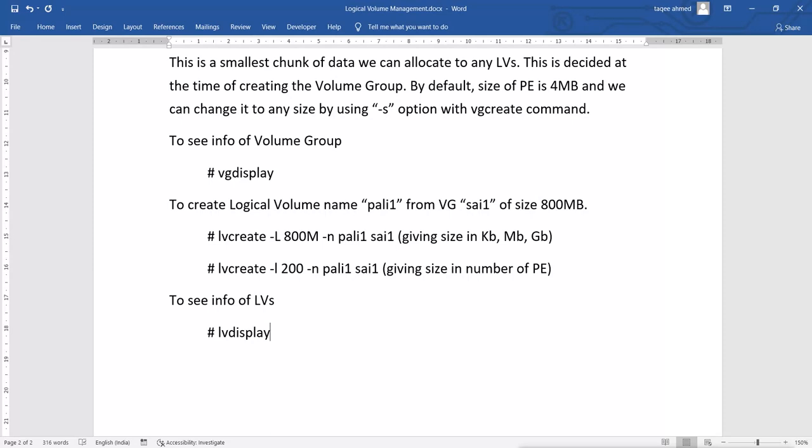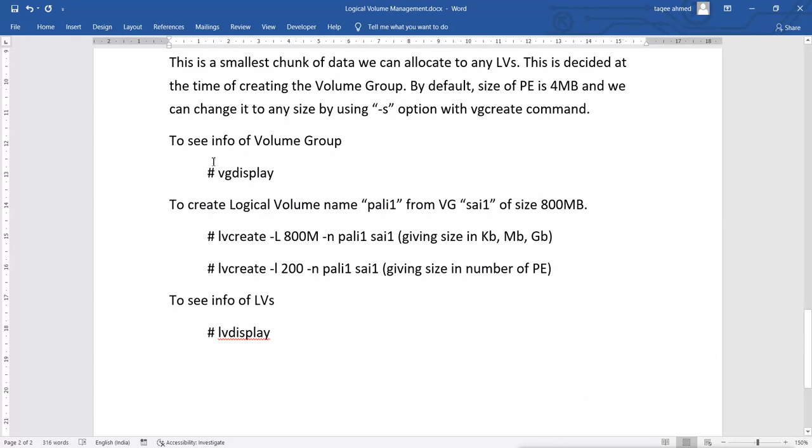Path means the path which we use to create the file system, and also the path which we use to mount the LVM partition. So when we use this command, we can see the path of that LV which we created.